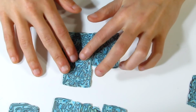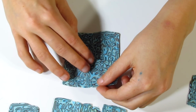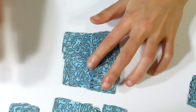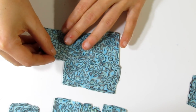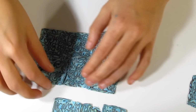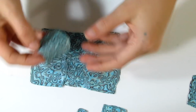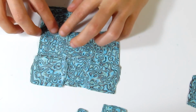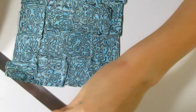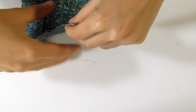I'm just going to place them all on top of each other in the best way that I can to get it to look like there's no seams, or at least make the seams not as obvious as they could be. Okay, and I'm going to try and get it in a roughly round shape. Okay, so I've got that all together, so let me just lift that up so you can see